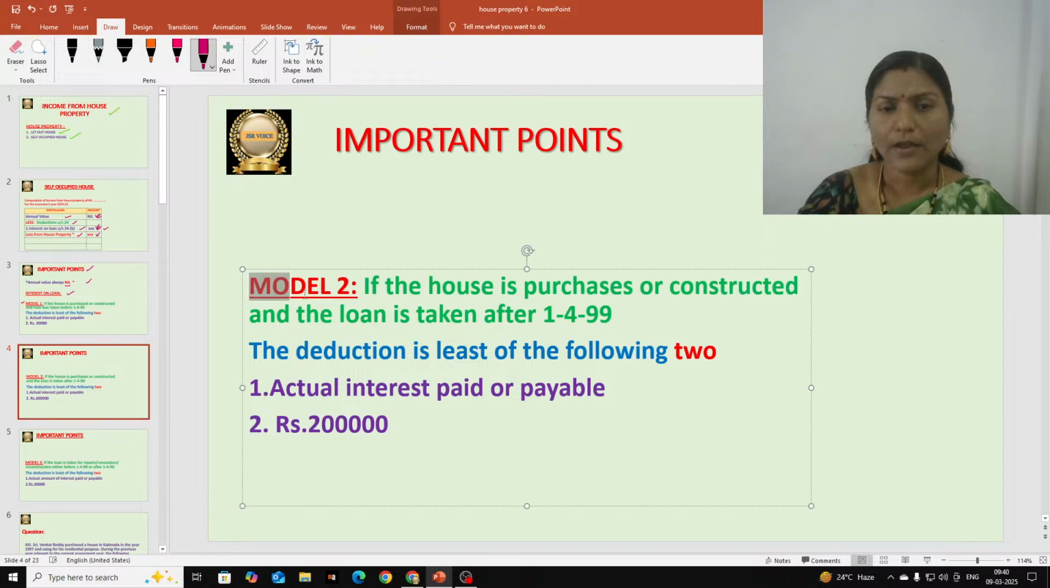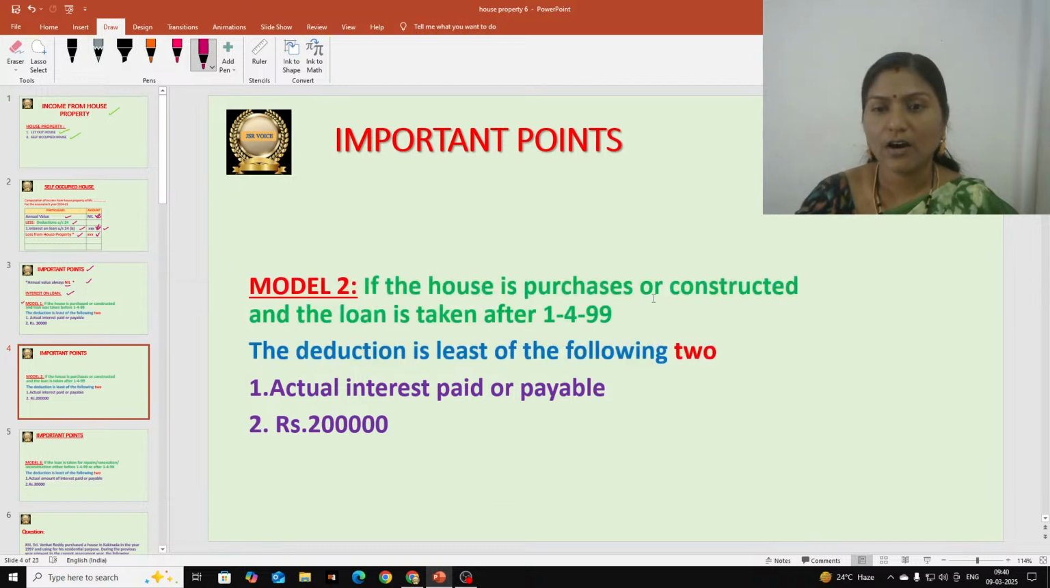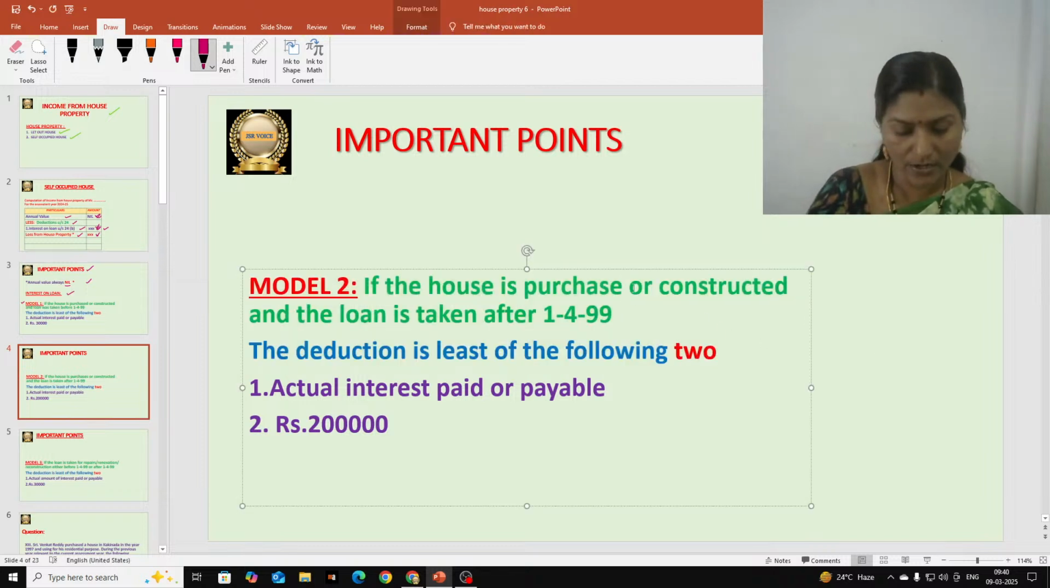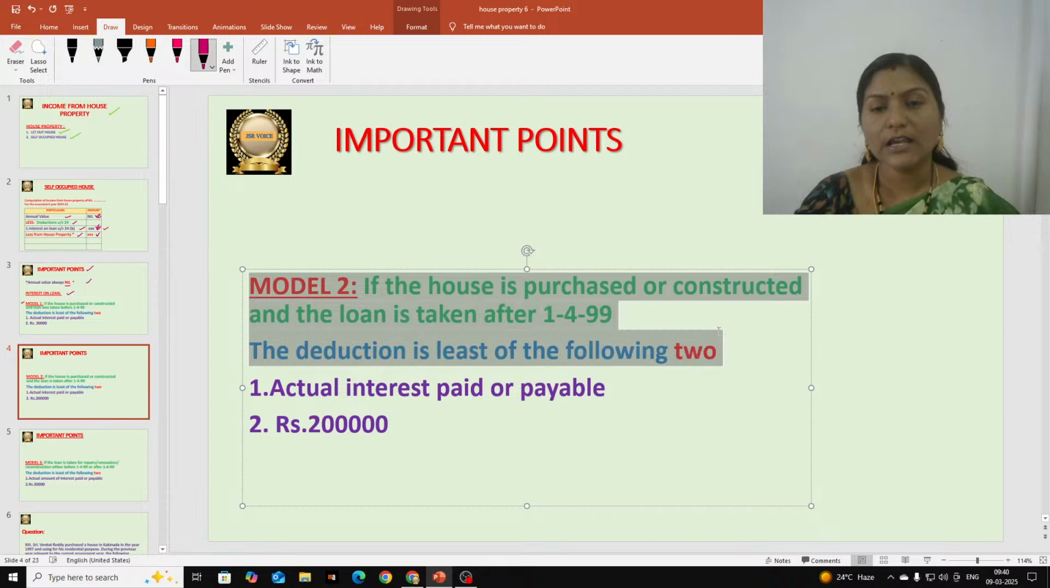Second model, model 2. In case of self-occupied houses there is only one deduction, the interest on loan deduction, and for giving the deduction you should see all these three models, then only you will be able to give the deduction, students. So model 2 is what? If the house is purchased or constructed, and the loan was taken after